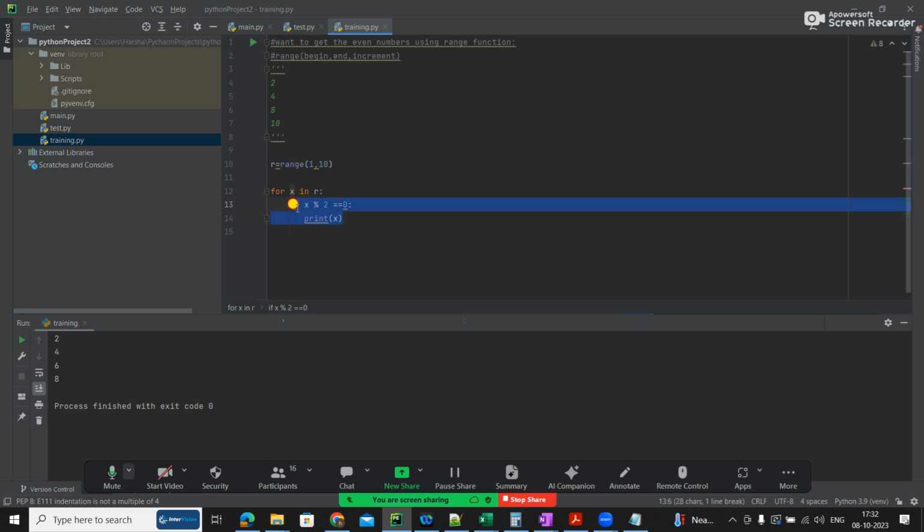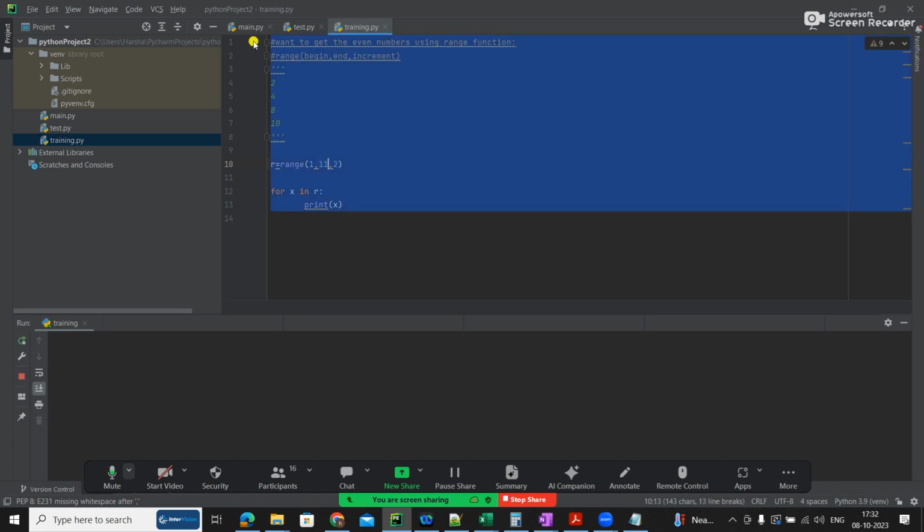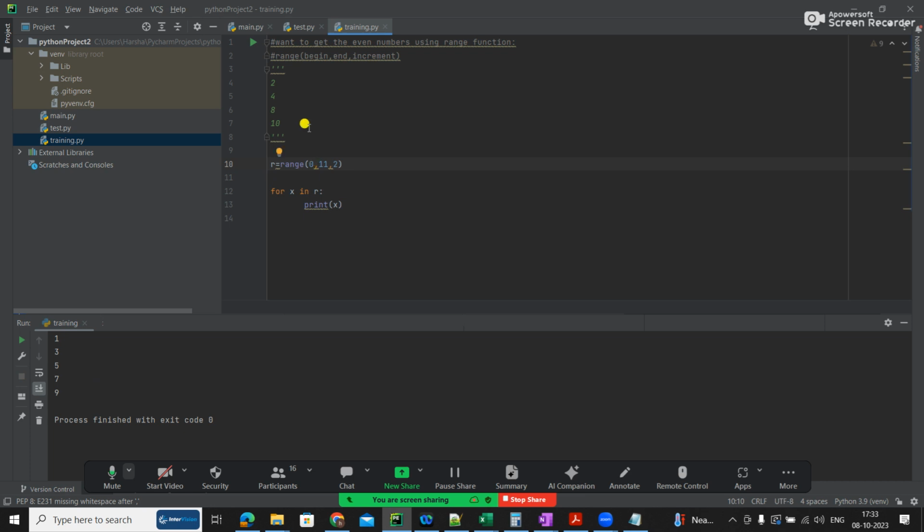For loop is fine for me. That means I need to have only like this. So I should have this increment also. See here, I think this might work. 10 to this 11, if I put and run this. So should it work like 1 3 5? Then you have made it odd, so make it 0 to 11, then you will get even. So you got it. That's all.